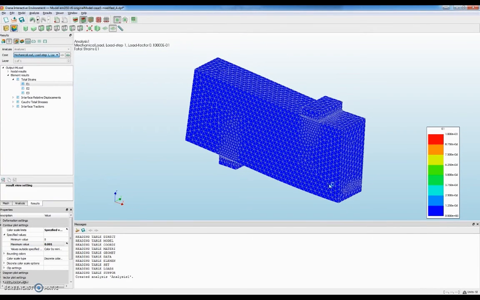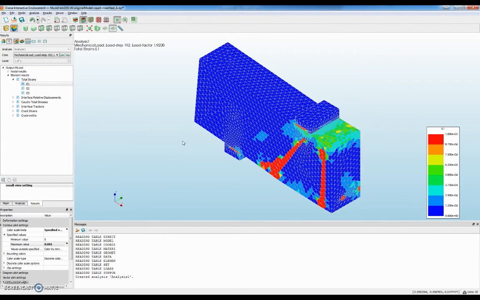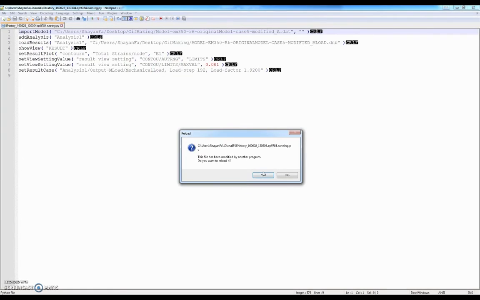You can see that I will have a pattern like this. Now I will choose the appropriate viewpoint, here ISO 1,